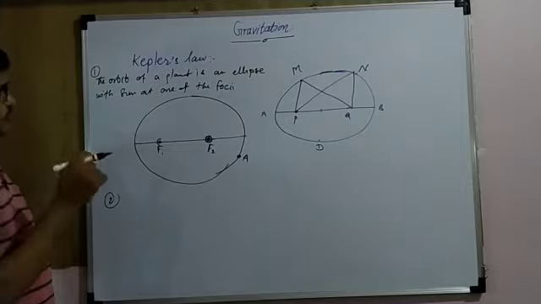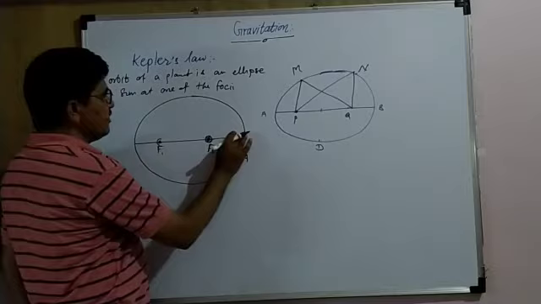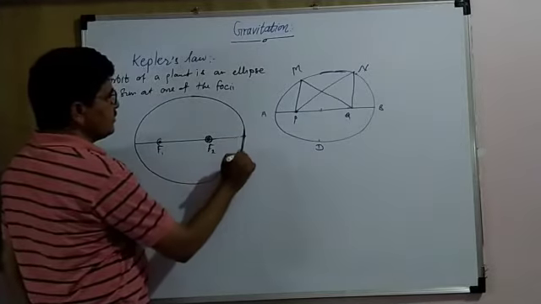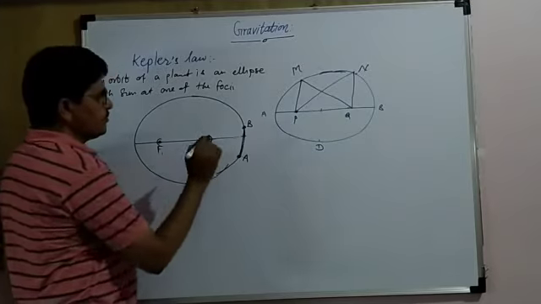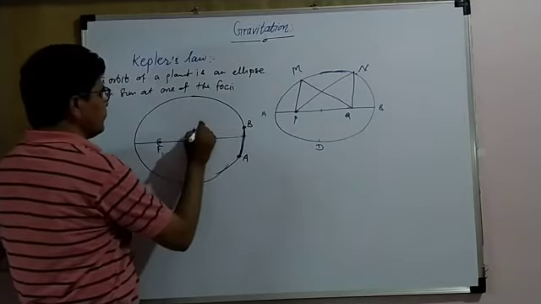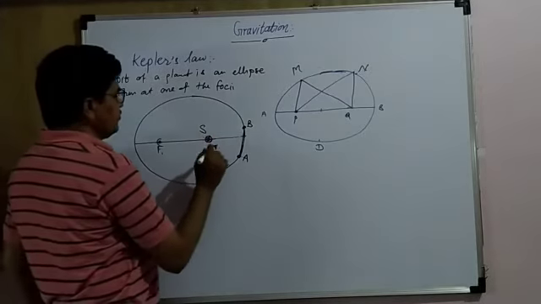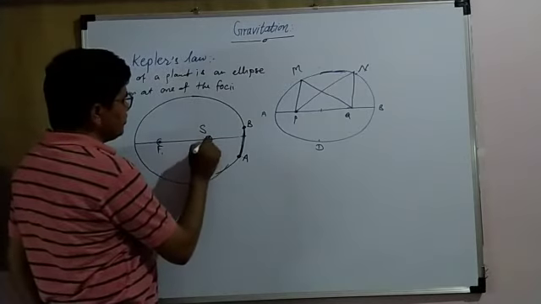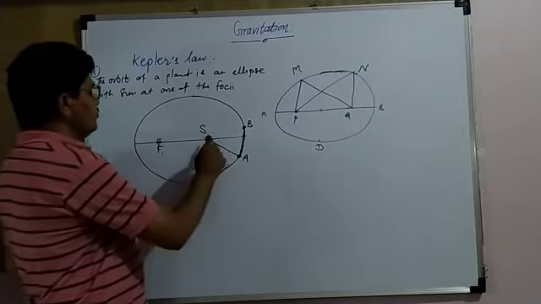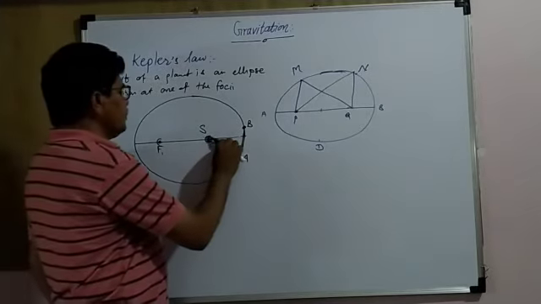A is the initial position of the earth, and when the earth is revolving around the sun in an elliptical orbit, after some time the earth reaches the point B. At the same time, you can consider this the position of the sun. The sun is at one of the foci. Suppose this is the position of the sun, and when we join the line between the sun and the earth's initial position, this sweeps the